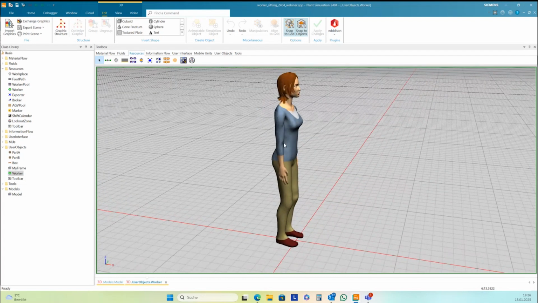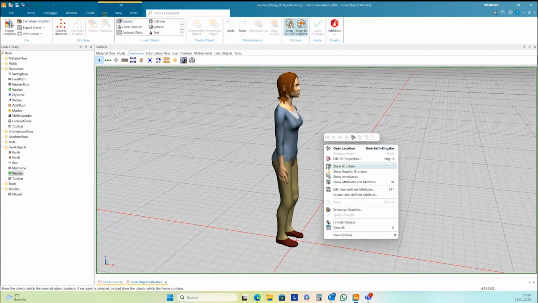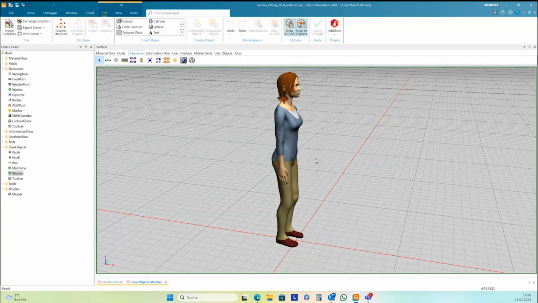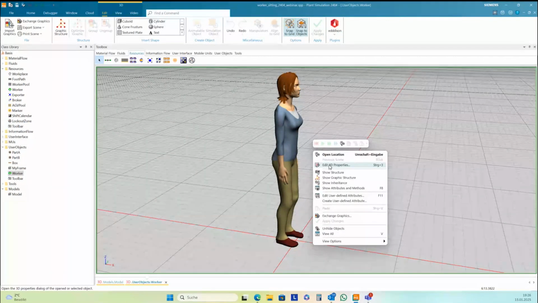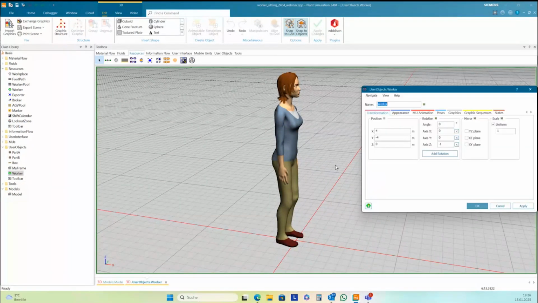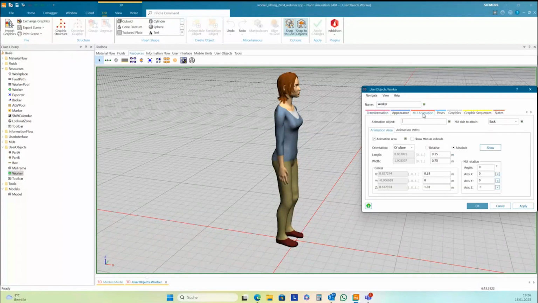One is JT, it's just a JT here with all the structures inside. But an S3D file contains much more. For instance, if you go here to the 3D properties, you have MU animations here.